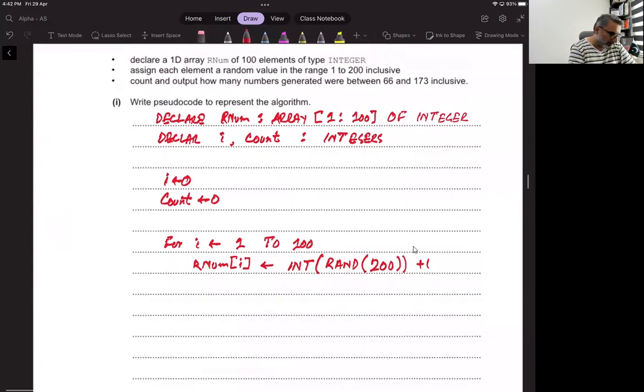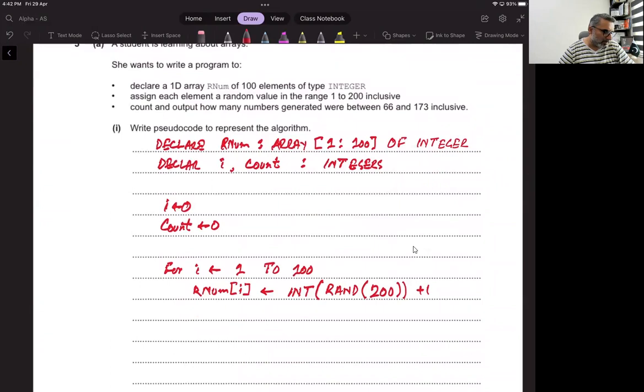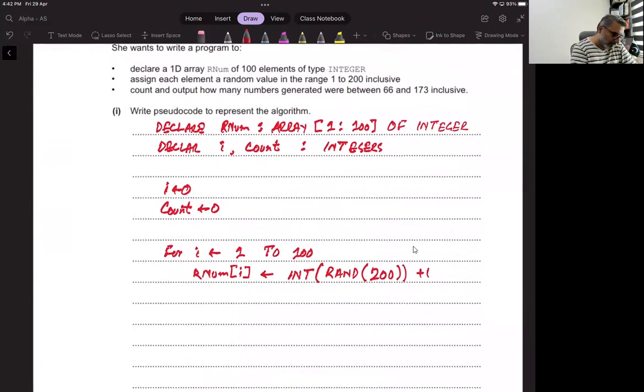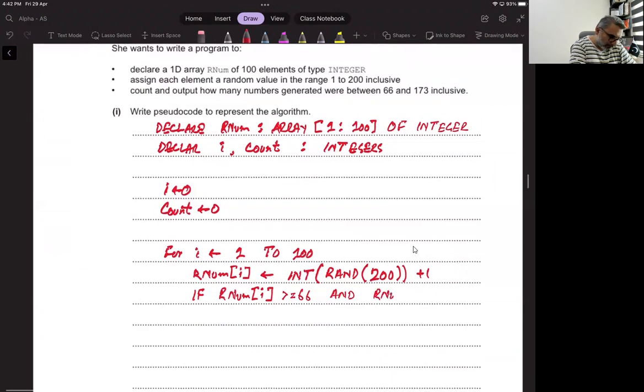Now what we have to do further? Assign each element a random value in between. Okay, that is being done. Count and output how many numbers generated were between 66 and 173 inclusive. If rnum I is greater than or equal to 66, and always for the range, it is the AND logical operator, and rnum I is less than or equal to 173,